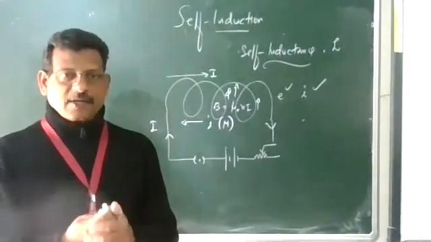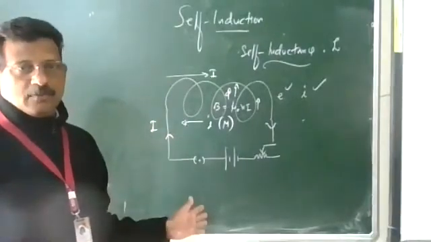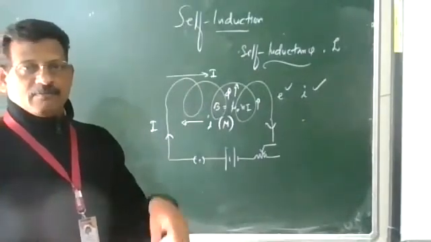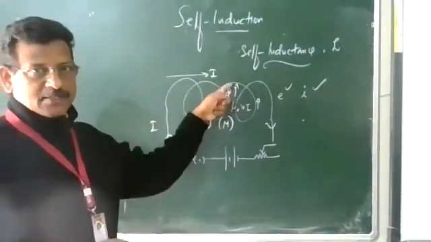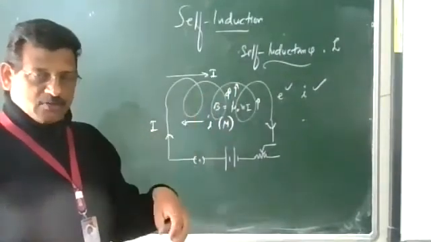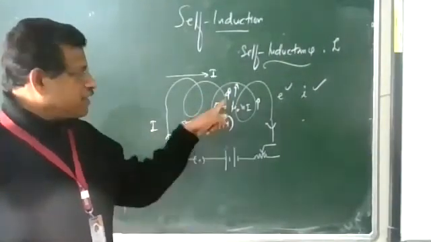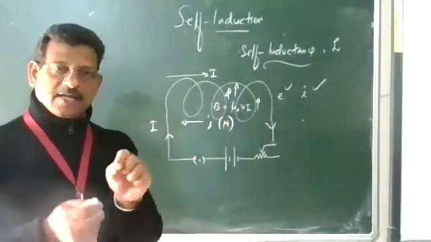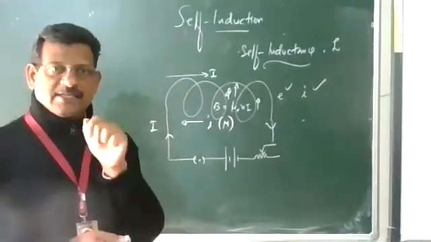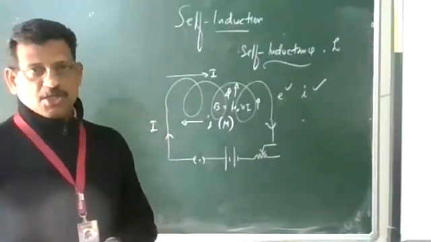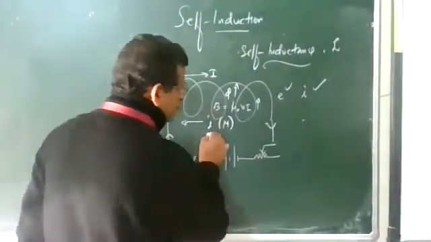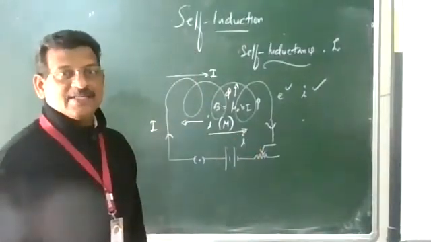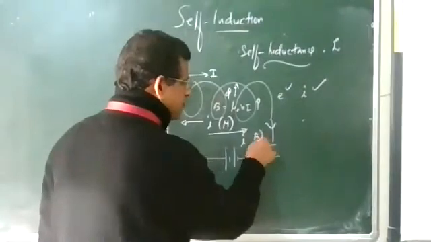One more case: suppose you break the circuit, opening it, so the current decreases. The battery current is in this direction, but the current decreases when you break the circuit. The current decreases, so the magnetic field decreases, the flux decreases, and again a current is induced. In this case, the current is induced because of the decrease in the battery current. That is called decay of the current. So the induced current will flow in the direction of the battery current to oppose the decrease in the current. This is during breaking of the circuit.